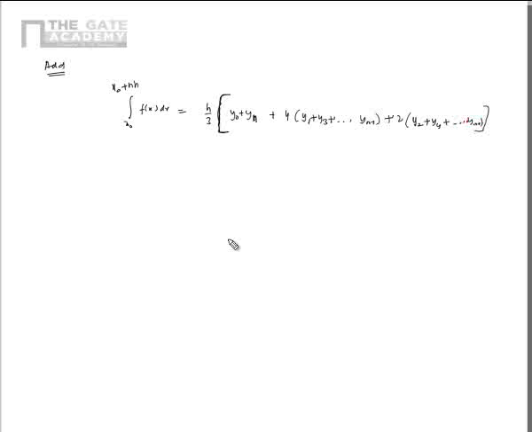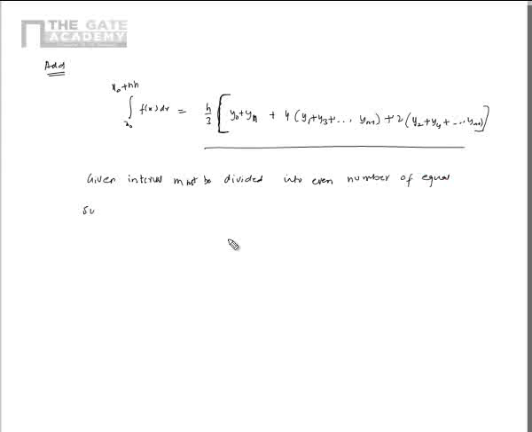Okay, so this is how it is written. The 1/3 rule basically means that the given interval must be divided into an even number of equal subintervals. Well, if it is not equal, and if it is not even, this will not work,